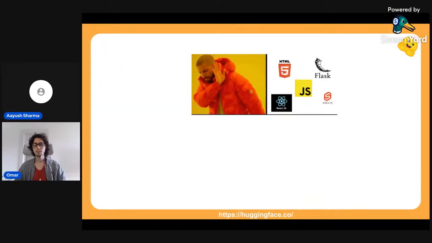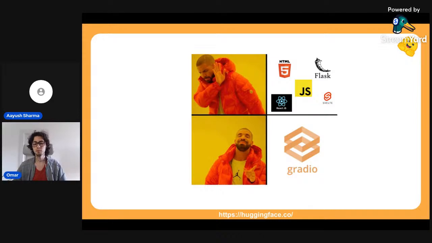All right, and if you want to do this right now, until like 1-2 years ago, most people would say, yeah, let's do a HTML website, let's use JavaScript, let's use Flask, Svelte, React. So these are JavaScript, HTML, Python libraries to create a demo. But there are open source alternatives in Python, such as Gradio or Streamlit, which are two great open source libraries that allow you to build very, very nice interactive demos. And with demos, I will talk a bit more about what demos are concretely, and we will actually build one of these.